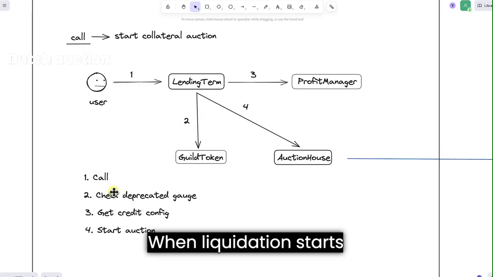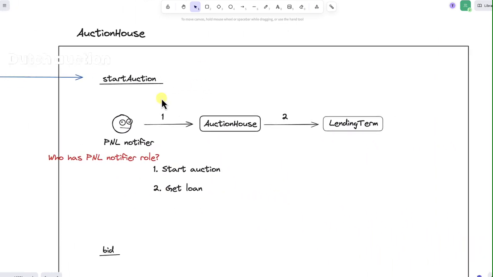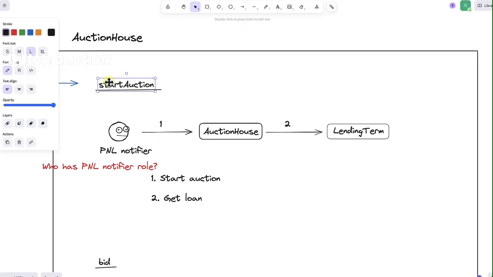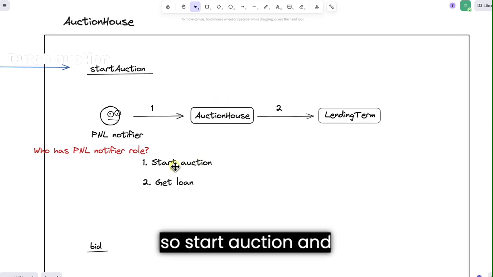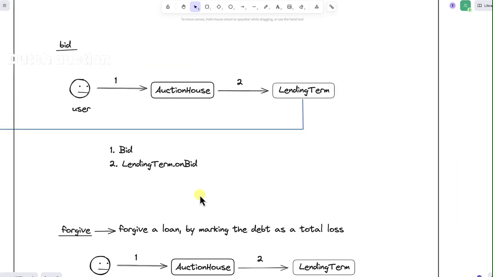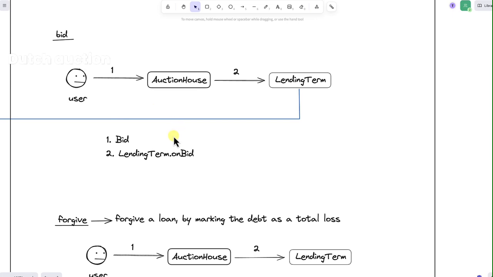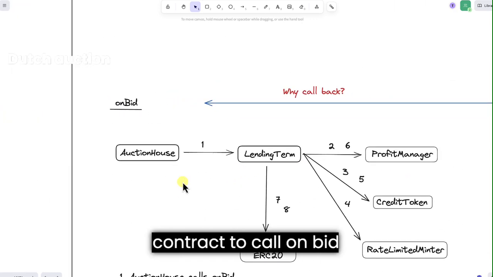When liquidation starts, it will go over to the auction house. And the way the auction works is a Dutch auction. So you start the auction and then the price goes down. Users will be able to call the function bid. And then when the user calls bid, it will go back to the lending term contract to call onBid